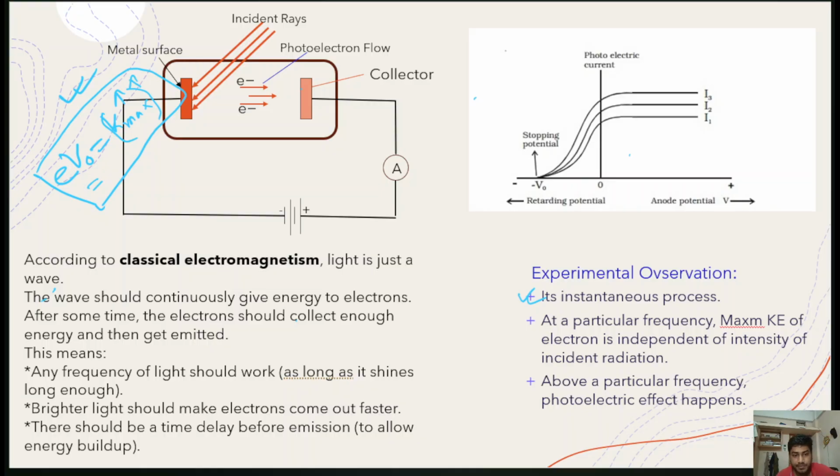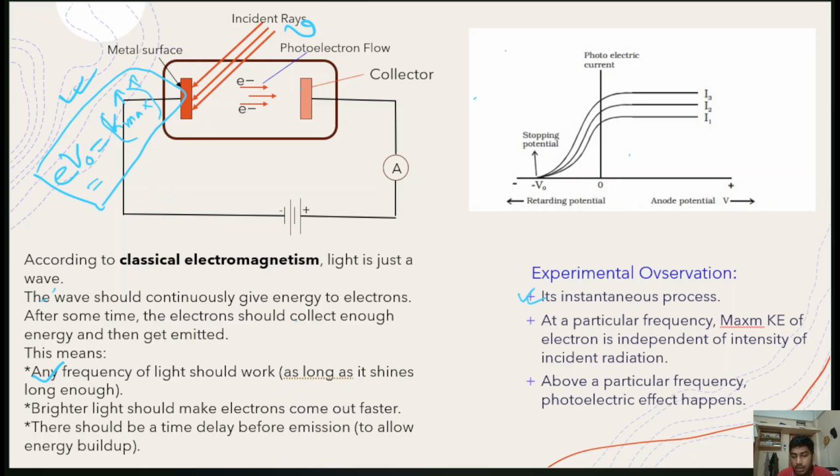And another one is, according to the classical theories, any frequency of light should work as long as it shines long enough, like any frequency of light. Because the wave is coming and giving the energy to the electrons, any frequency of light should work to obtain a photoelectric effect, like electrons should be ejected for any frequency of light. But according to the